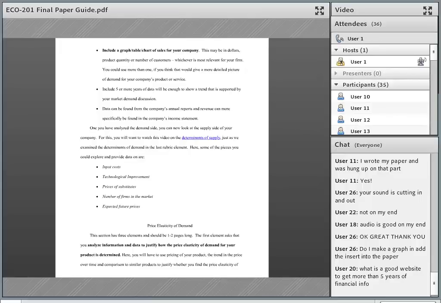So Lindsay asks, what is a good website to get more than 5 years of financial info? Lindsay, all you have to do is go back and get older annual reports. So if you want to go, let's say, what year are we in? 2016 is the latest one for all these companies. Now that we're at the end of 2017, they've all come out. So if you go back to, let's say